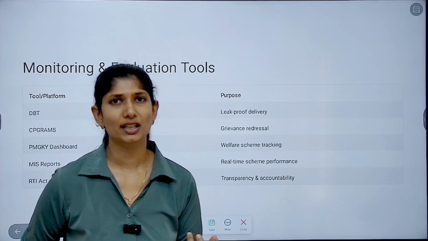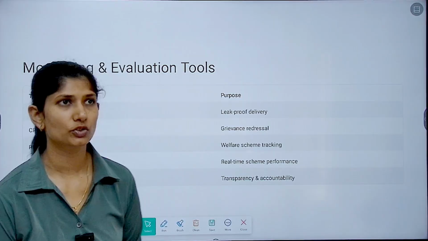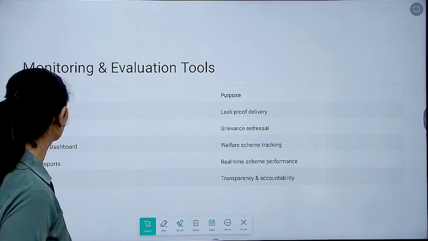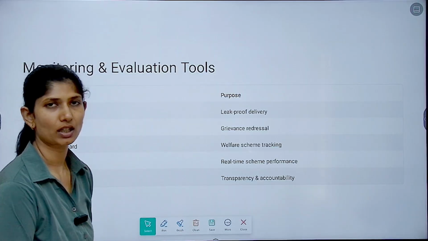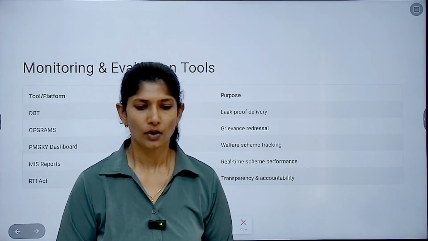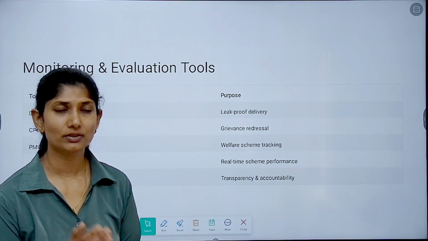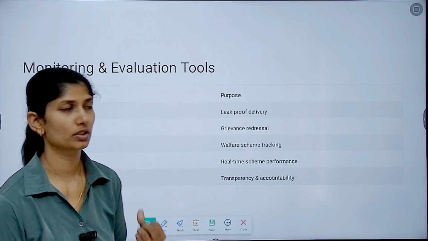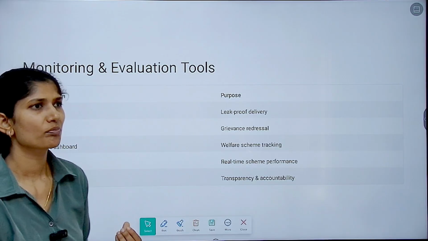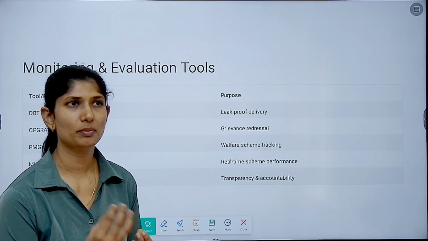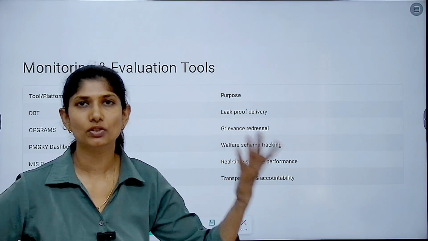And then another thing is duplicitous data, fraudulent claims. So these are there. For that, how do you try to bring in a solution? You try to plug the leakages through your DBT, direct benefit transfers. Then you have CPGRAMS for your grievance redressal. We have also brought in a large number of e-governance measures, and more e-governance has to be brought in so as to reduce corruption, increase accountability, and provide more dashboards, that is grievance redressal platforms, and also MyGov apps where people can voice out their opinions.